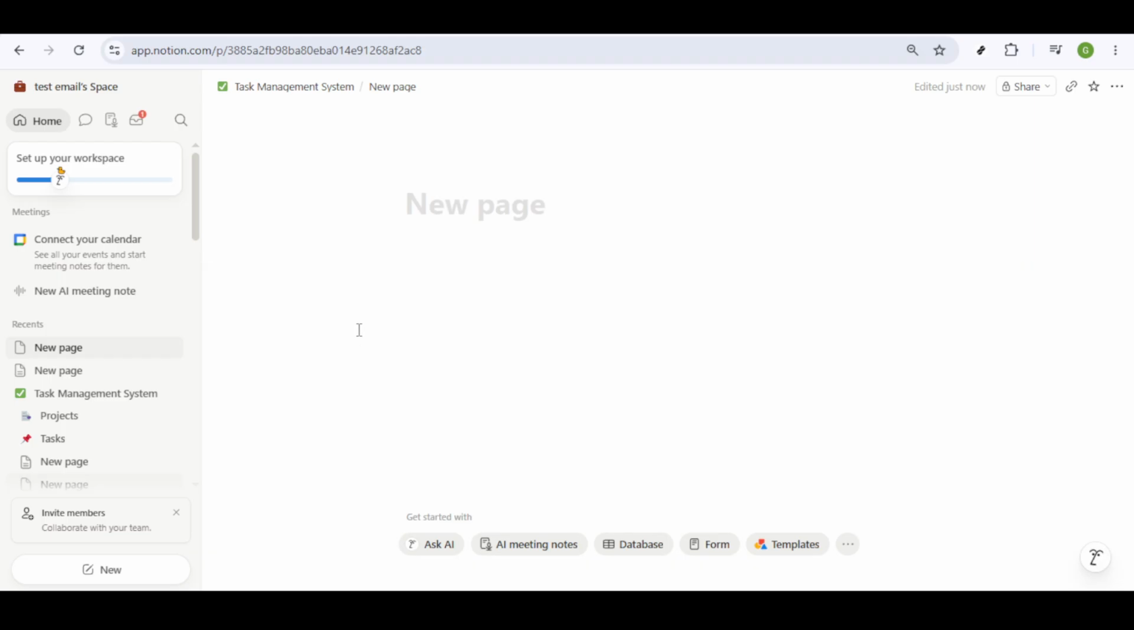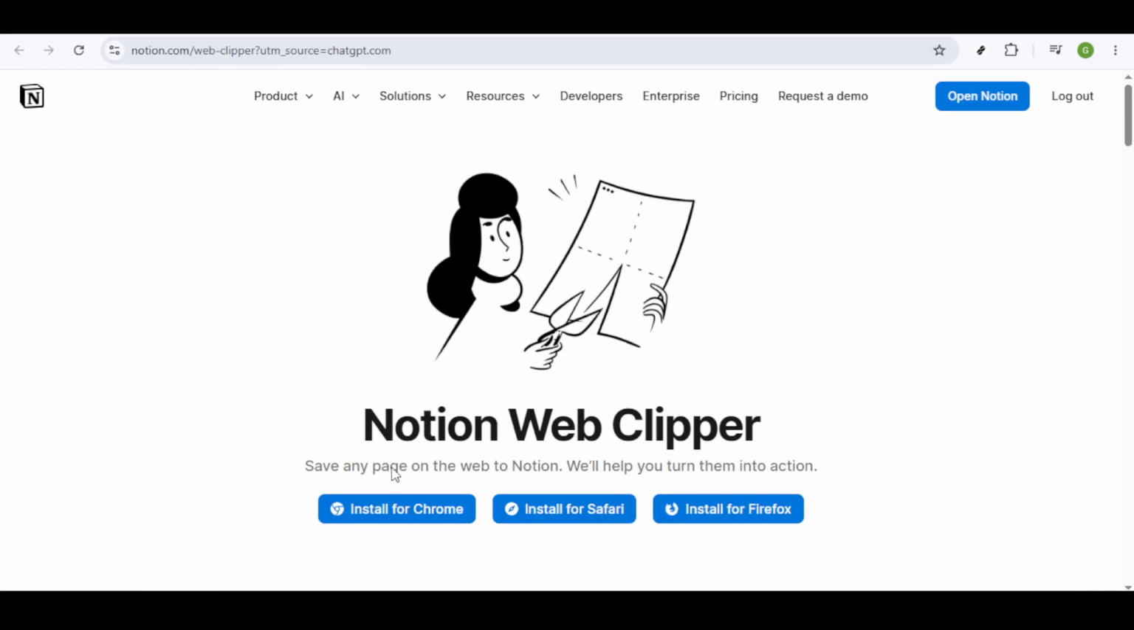To begin, the first thing you'll need is the Notion Web Clipper. This handy tool serves as a bridge between your browser and your Notion databases, allowing you to capture and store web pages quickly. If you haven't already installed the Notion Web Clipper, don't worry. It's a straightforward process. Simply search for Notion Web Clipper in your browser's extension store, or visit the Notion website where you can find a link to download the extension. Follow the prompts to add it to your browser, and once it's installed, you'll notice a new Notion icon added